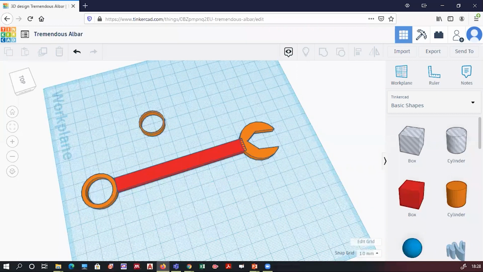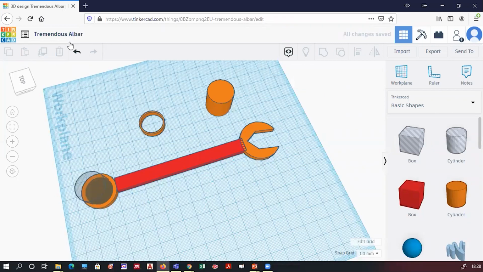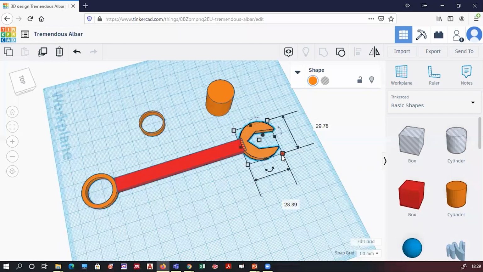Next, how I did that: again, I've taken a cylinder of the standard size. The dimension of this cylinder, you can take around 20 or 25, and the dimension of this cylinder, you can take around 30.